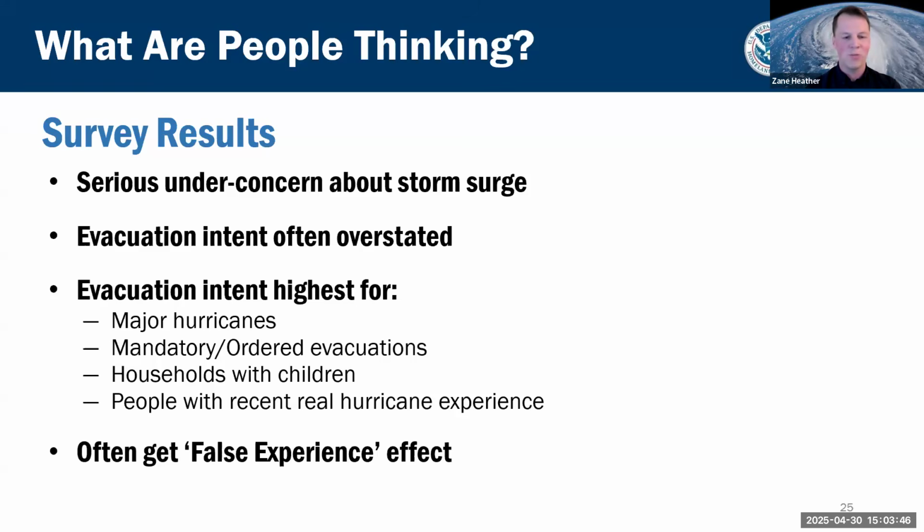As you all know, you will have to make challenging decisions when there's uncertainty in the forecast, and this often means that areas will evacuate that are not the final landfall location of the storm, and do not see the hazards that they anticipated when they made that decision. And so that at times creates a false experience effect, which can lead to people not evacuating when they said previously they would. So again, the emphasis is on the real hurricane experience. And we have seen through the surveys that there is a false experience effect that happens when an evacuation is ordered, but the anticipated impacts are not realized.